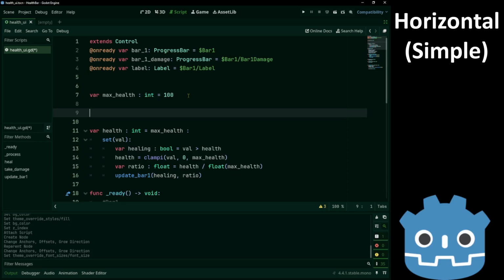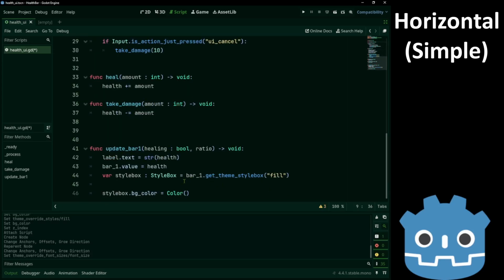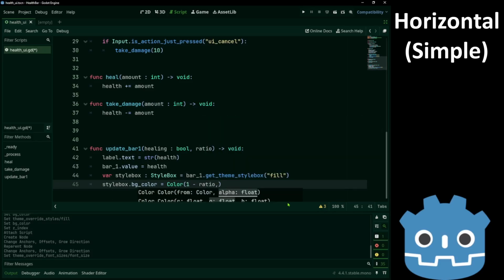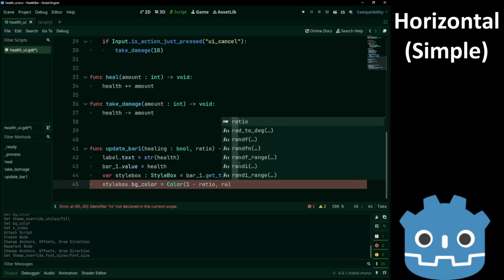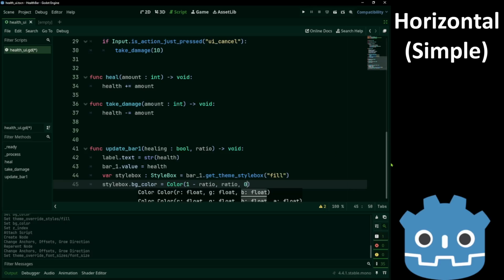I'll also set another variable, actually a const, max color value, set it to 0.8, and we'll say 1 minus ratio for the red color, ratio for the green, and 0 for the blue.